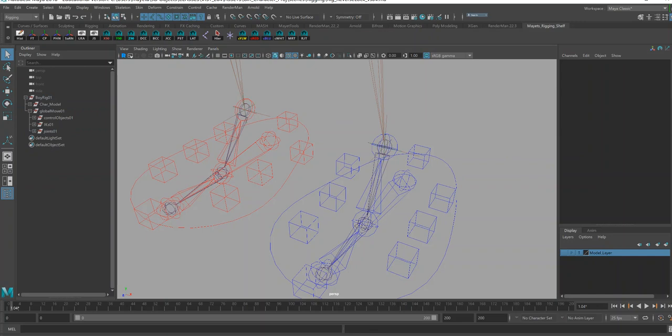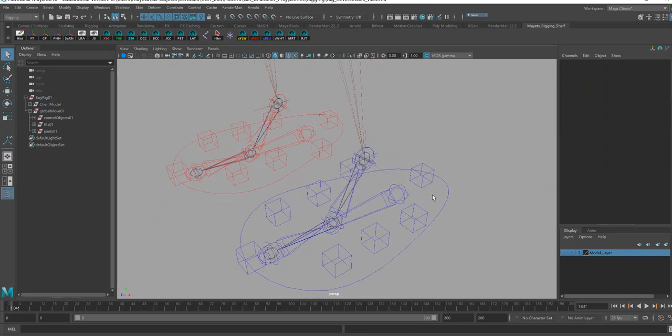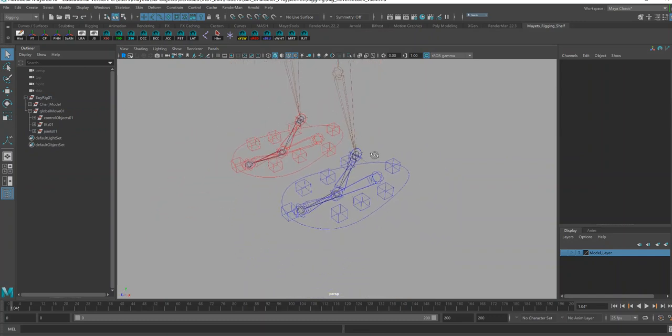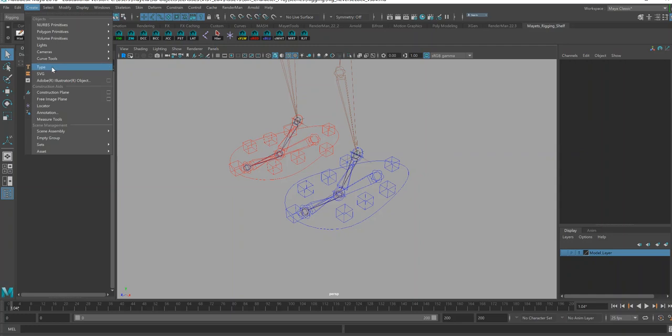All right, so we do want to wrap up these controls with a ball joint control. And you can create this to look any way that you want. It could be a circle, it could be a cube. I'm going to do the letter B. So I am going to create,